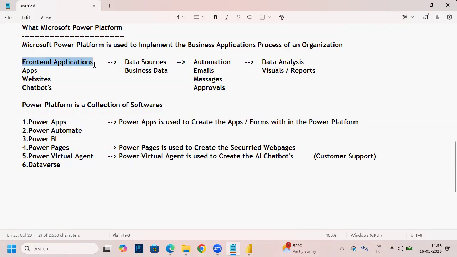Once after front end, next step two is what? Data sources. Now, I said that already. What is the inbuilt data storage software? Dataverse. Now, what is Dataverse? Dataverse is a database software which is used to